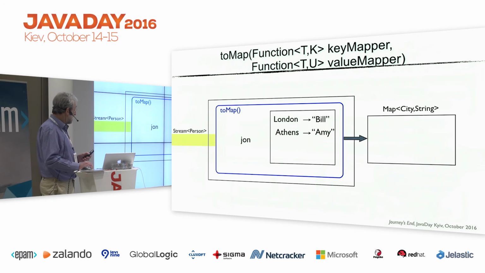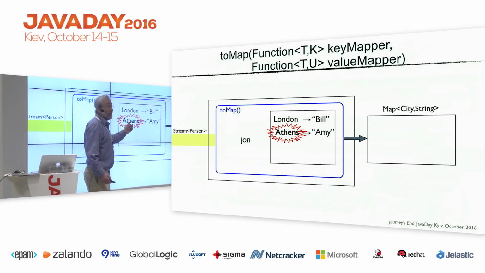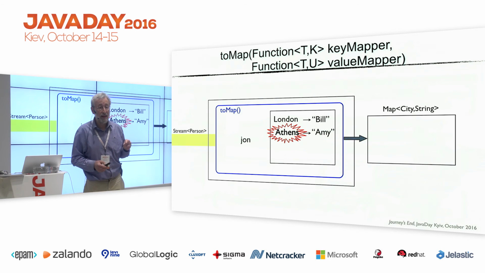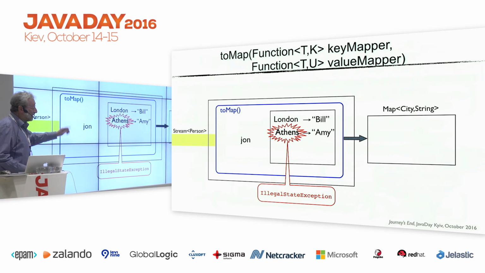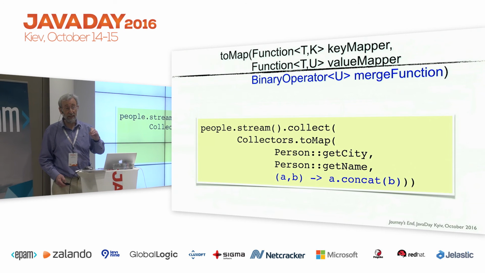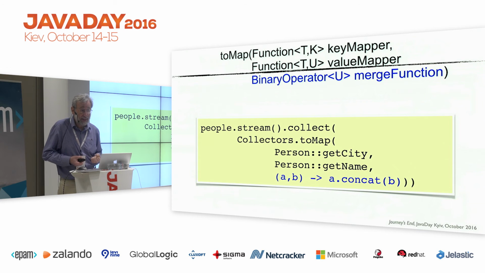And in that case, if John also lives in Athens, then you can't have two values for the same key. So there's another overload of the toMap method, which gives you an illegal state exception in that case. But if you want to allow for that possibility, and for the possibility of multiple values with the same key, then